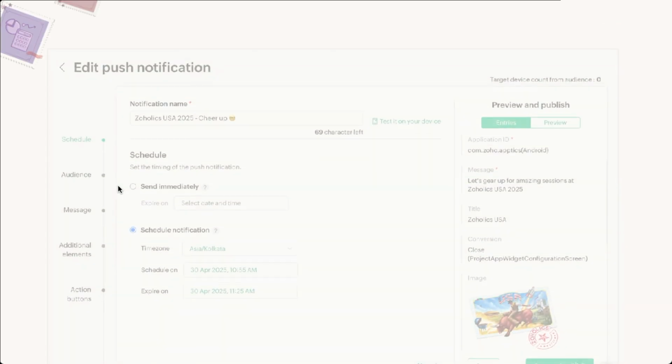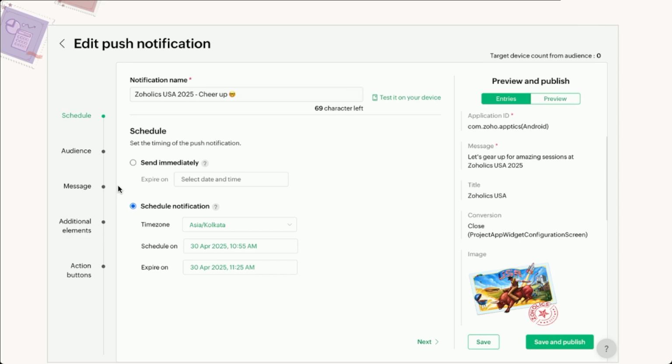You would have seen this in whatever apps we use, right? If you just abandon the cart somewhere or if you fail to make a payment during a purchase, you will instantly get a notification that, hey, you missed it out. Can you go and retry your payment? So that is done using the capabilities of push notification. Here, if you see, this is just a demo push notification that I created yesterday.